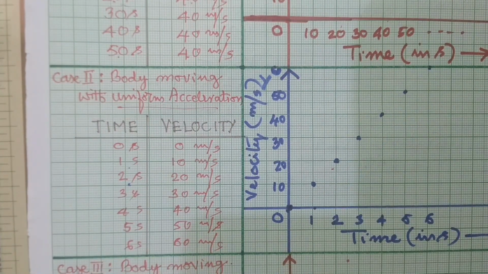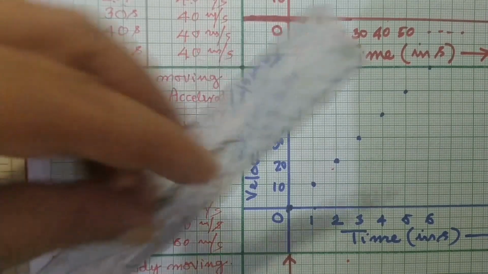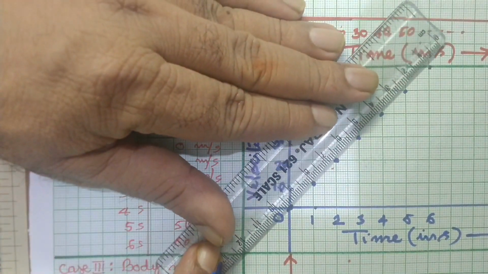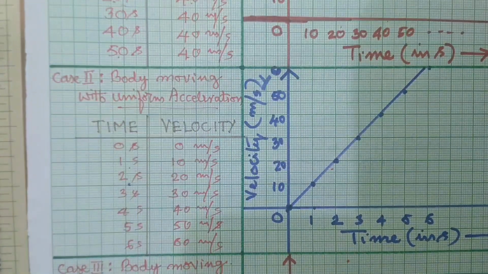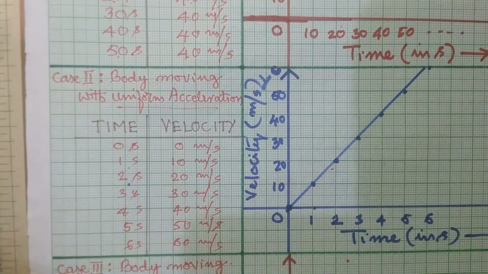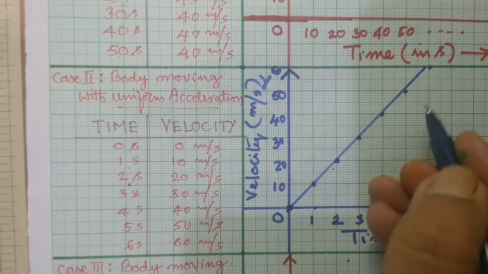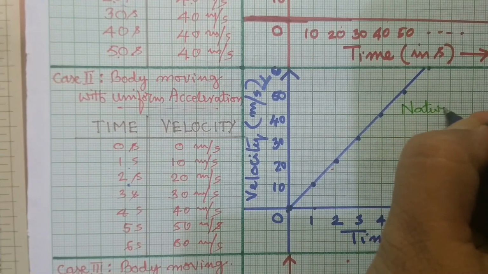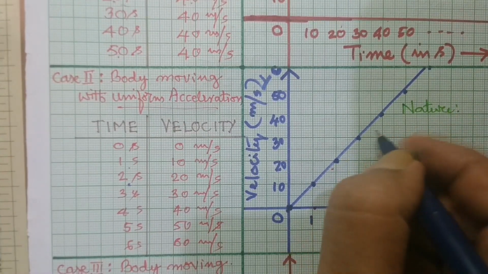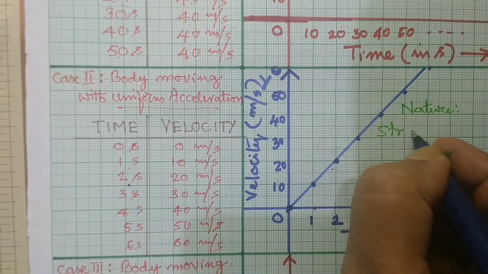How are you getting this line here? You are getting a straight line making an angle with the x-axis. Let us join these points like dots here. You will get a line like this. Okay, this line now, let us see what is the nature here. The nature of the graph line, we can say, is that this is a straight line